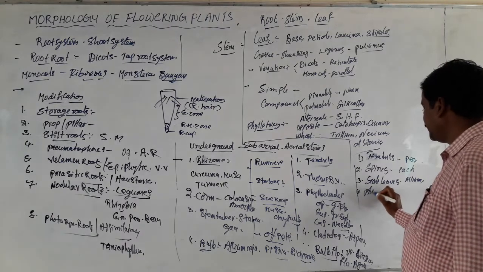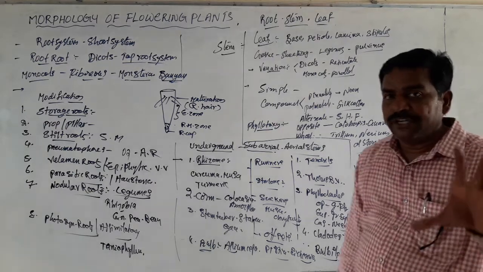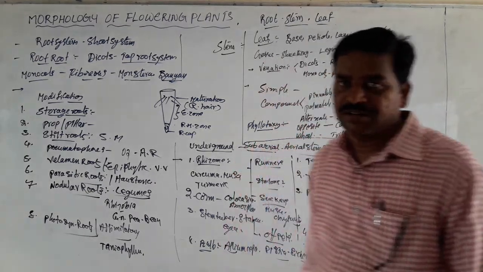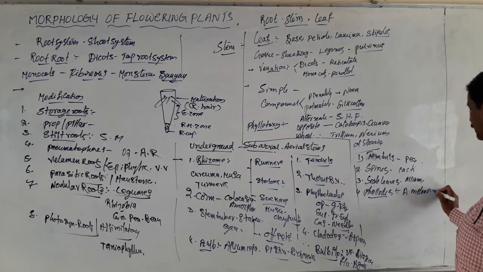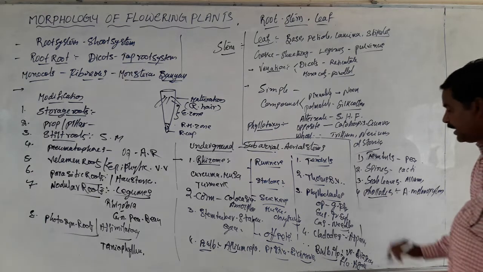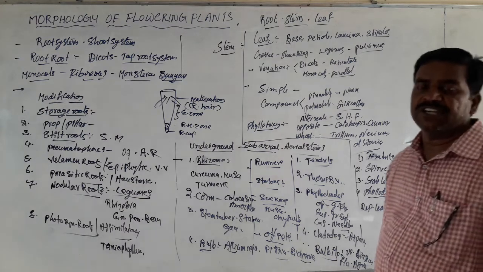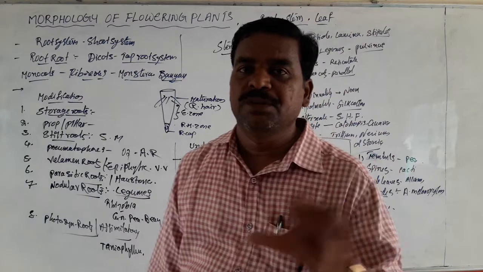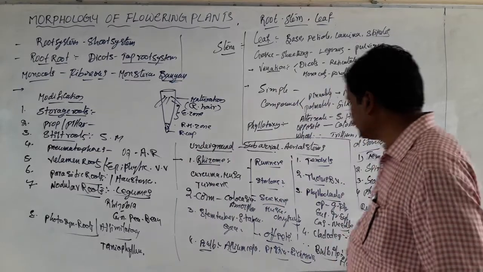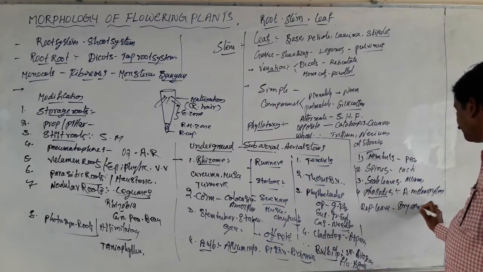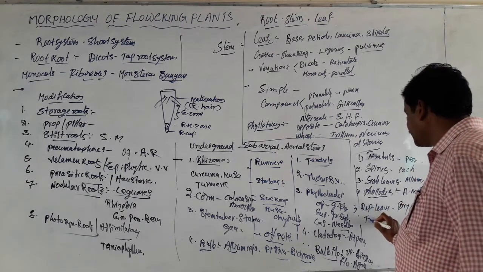And the other one is phyllodes. The leaf petioles that perform photosynthesis are called phyllodes. Example, Acacia melanoxylon. And the other one is reproductive leaves. These leaves maintain vegetative propagation due to the presence of epiphyllous buds. In Bryophyllum, they are present in the crenate margin of the leaf. Example, Bryophyllum.